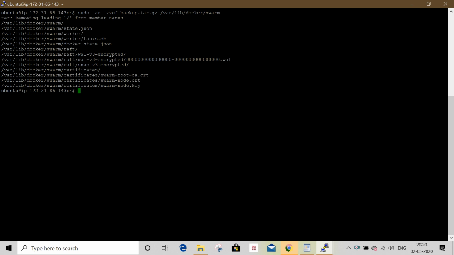This command backed up the entire Docker Swarm data